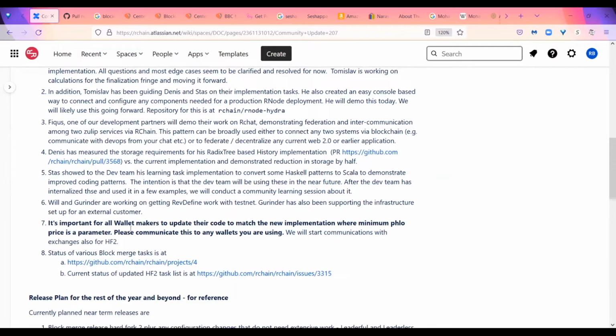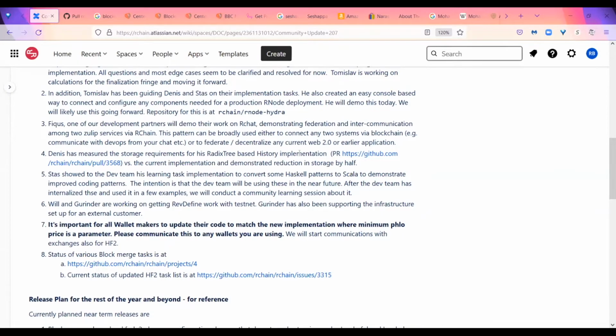He understood what he needs to do. So if you are using any wallets, and if the makers of those wallets are not watching the debriefs or being engaged on Discord, please do communicate to them what they need to do. And we'll put this in the wallets channel also so that everybody knows. So that's all I have in terms of the tech update.